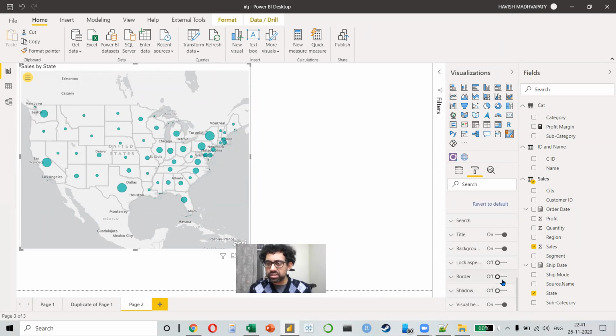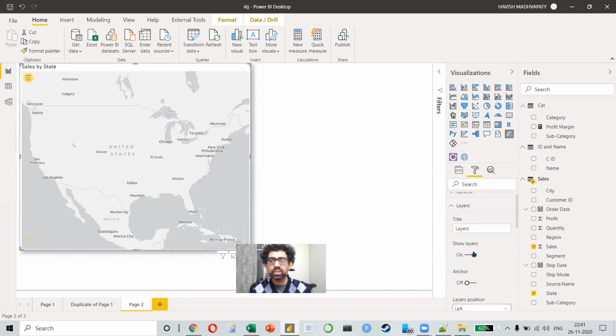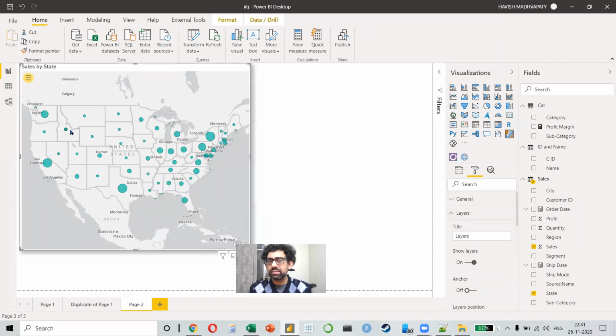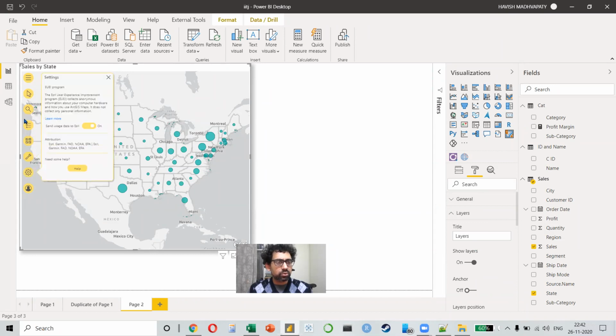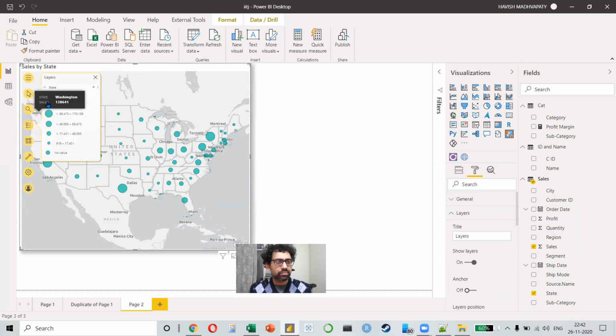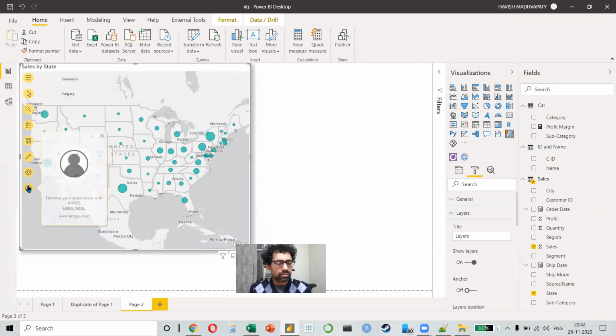Oh, I think on the free version, there isn't much available. That's okay. I mean, it's at least giving you a simple map. And let me see if I can change something here. I think most of these are paid. Yeah, I don't think so. I think most of these are paid options, but that's okay. You get the idea, right?